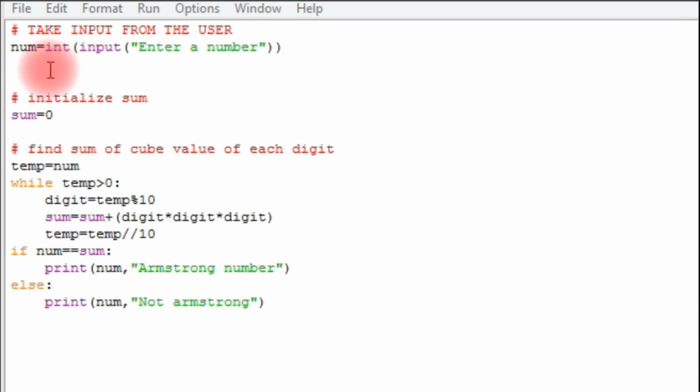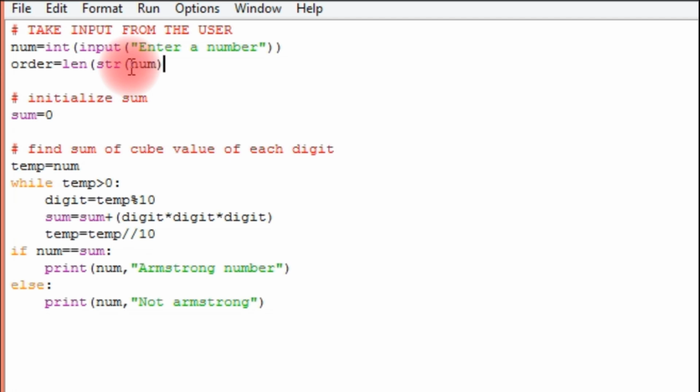Let us modify the program to check Armstrong numbers of n digits. For that we need to find the order, the number of digits of the number. For that I am creating a variable order, and using the typecasting method we will find the length of the number: length of string of number.